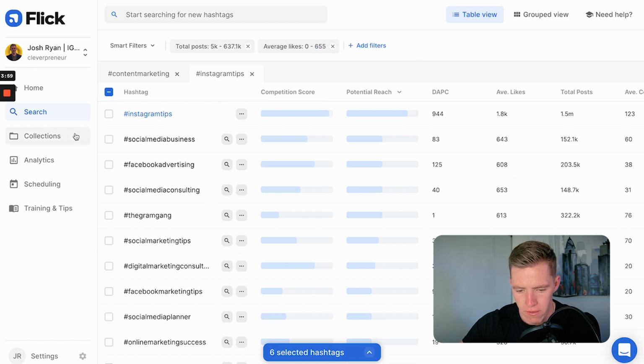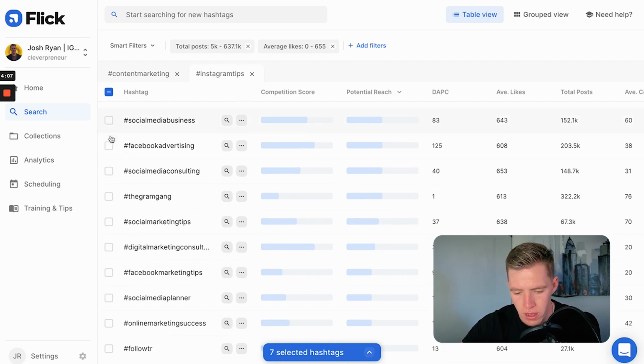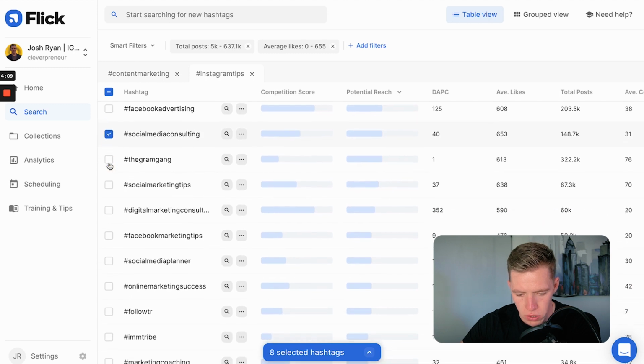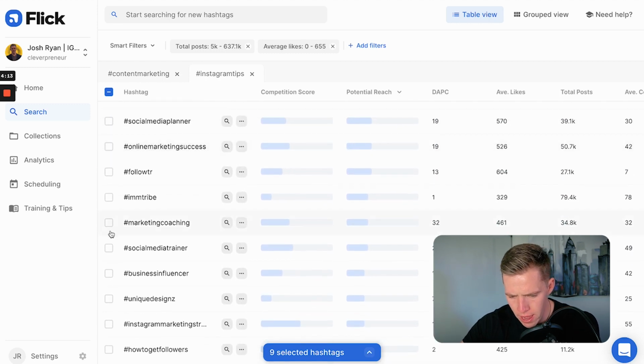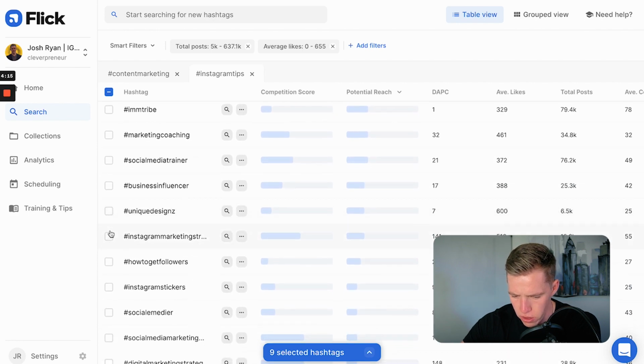So again, it's got the same filters. I'm going to select Instagram tips. Actually, I'm not. Again, you can see 1.8 thousand likes. Oh, I'll do it anyway. I'll chuck it in there. Social media consulting, social marketing tips. And I'm pretty much just going to repeat this process until